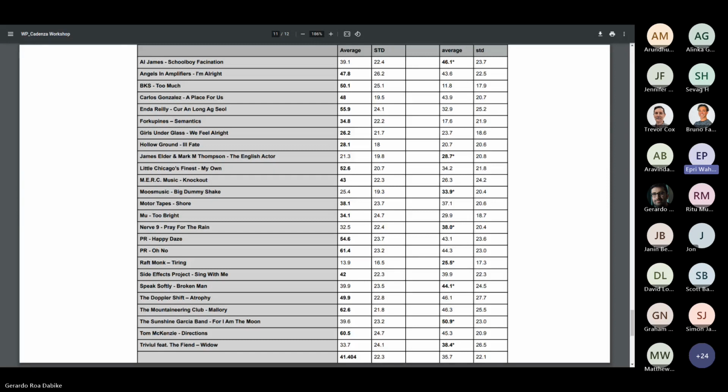But as you can see, for some songs we have a better score. On the left is the baseline, and on the right is our score. For some songs it has better improvement compared to the baseline.